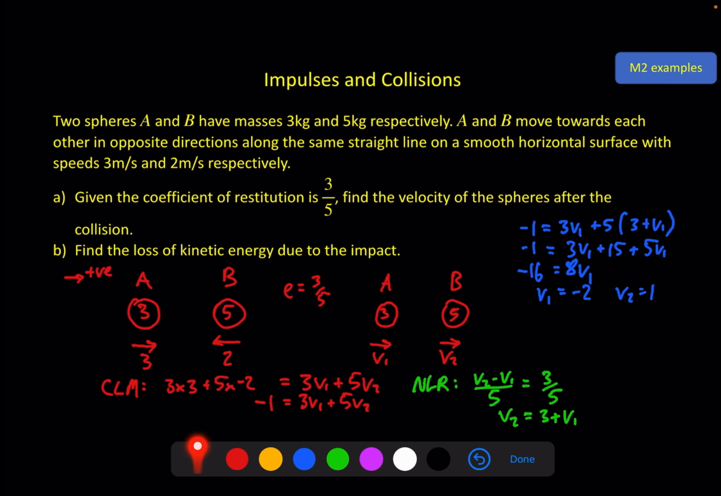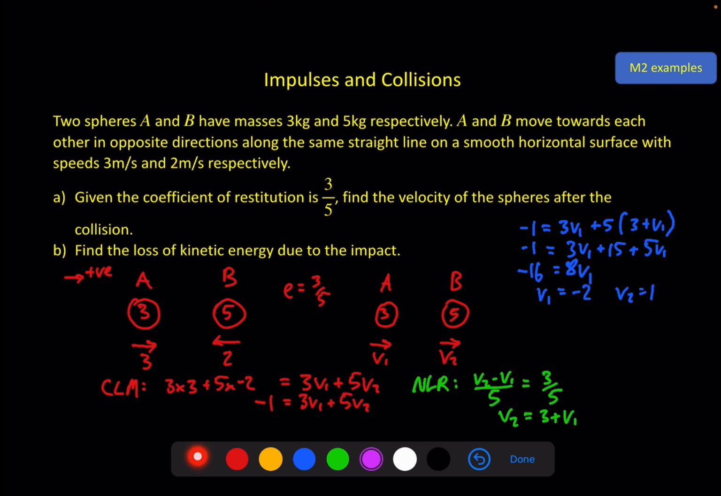So we can see that both have lost speed and both have changed direction. v1 is negative, so the particle is moving in this direction. v2 is positive, so it's moving in this direction. Part B, find the loss of kinetic energy due to the impact. So we're going to do exactly what we did just on the previous screen. I'm going to find the total kinetic energy before the impact, total kinetic energy after the impact, and just find